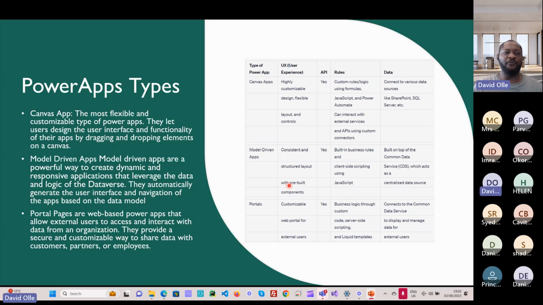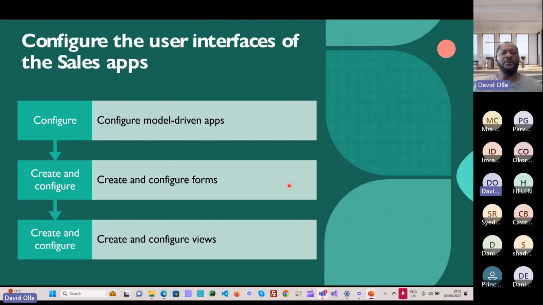Okay, so let's move quickly. What you're going to be doing in the next few weeks is really configuring the user interfaces of the sales application and doing a lot more, right? We're starting with the first thing we're going to be talking about and delving into a bit more, starting Saturday, which is configuring the sales application. When we talk about configuring the sales application, I want to break that down for you now so you get a sense of what that is, so that when we actually go into it,